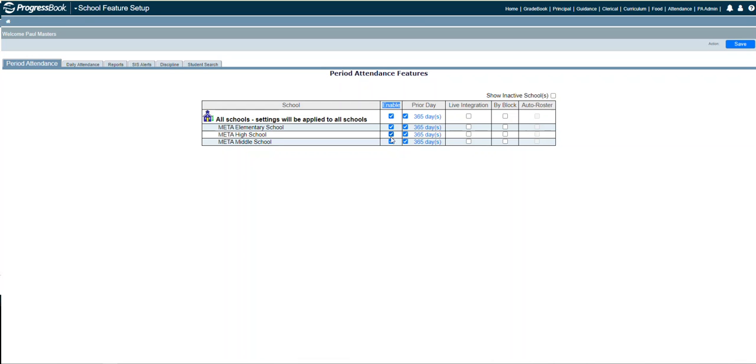You click the check mark in these columns along with prior days options. You do not set the live integration at all. This column will remain unchecked. Please, to repeat myself, you can turn on period attendance by doing the enable, setting the prior days option, making that available for teachers, but you do not place a check mark under live integration, especially if you're doing daily